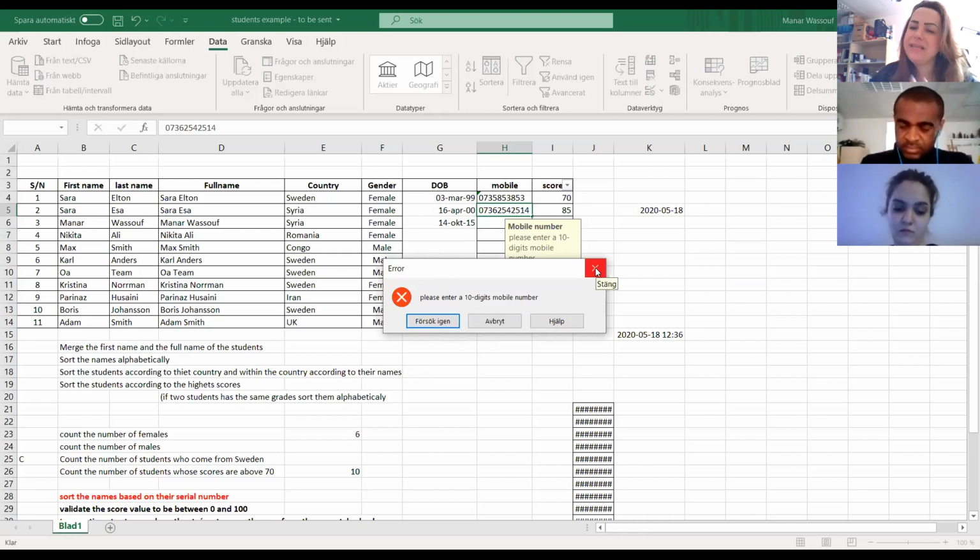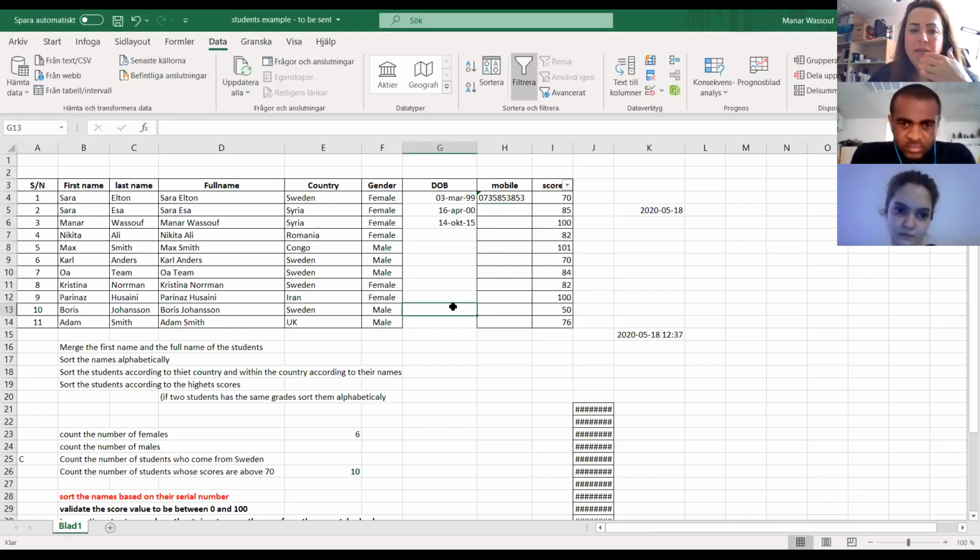So it's exactly the same idea, but it's good to know what options you can use. For example, you can control how many letters in the text, 10 digits in this case. You can control bigger than a date, lower than a date. You can create a list of things. There are many other things actually.